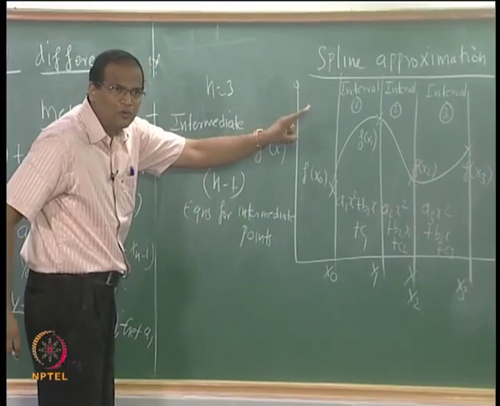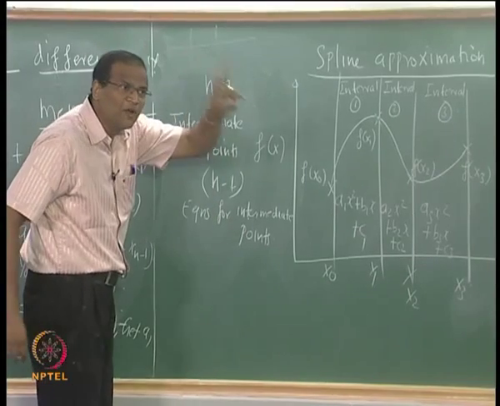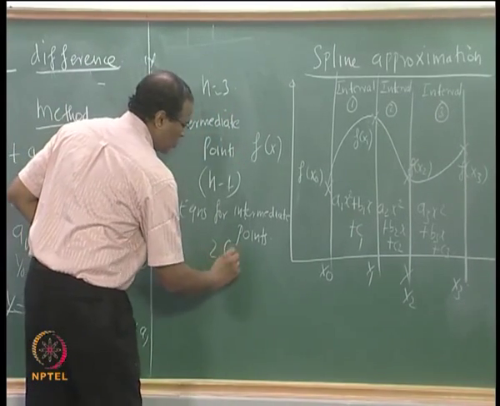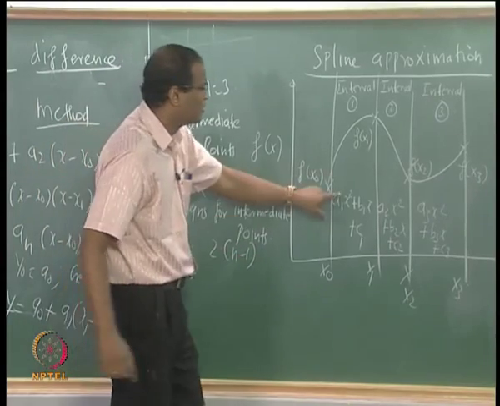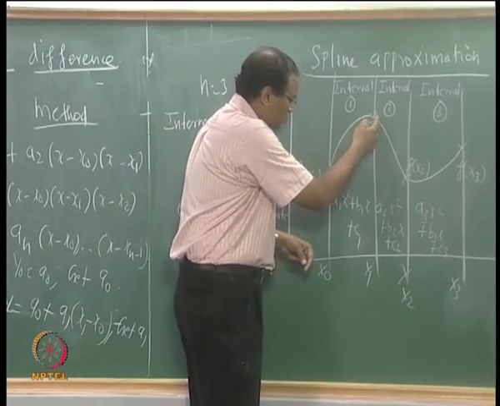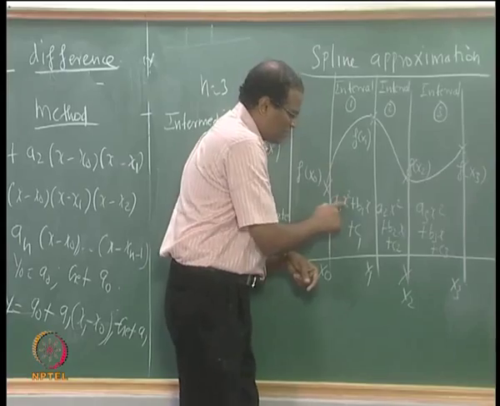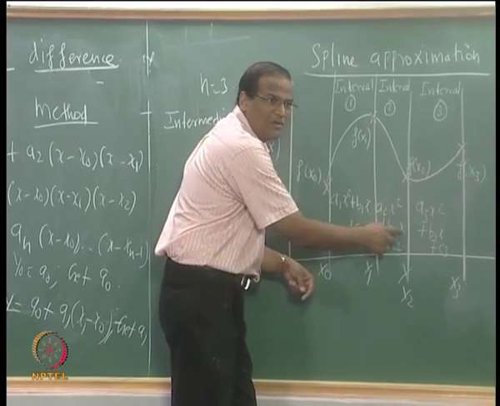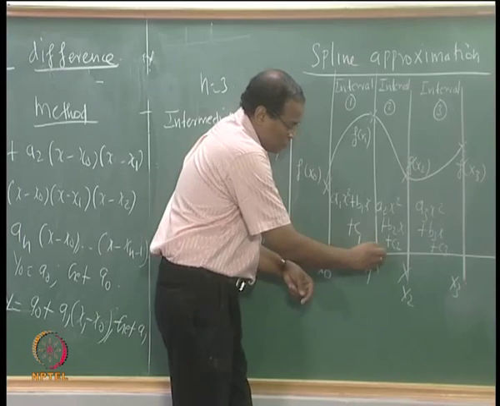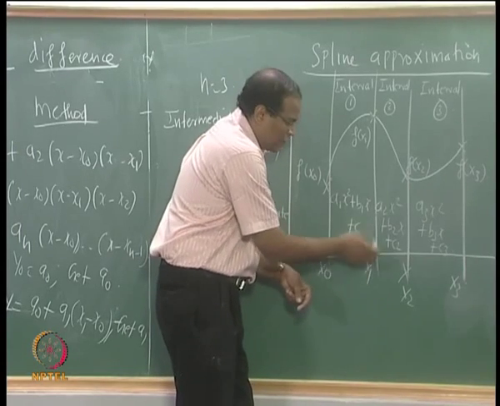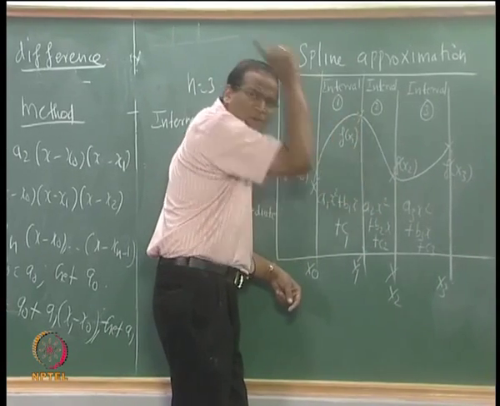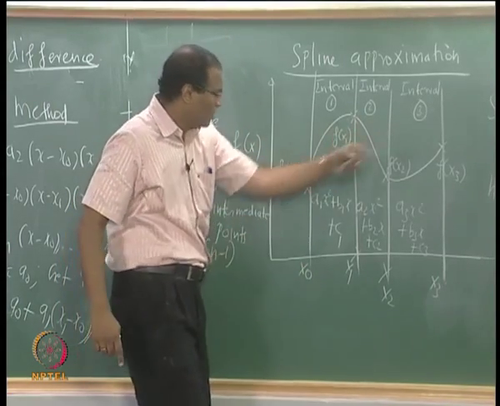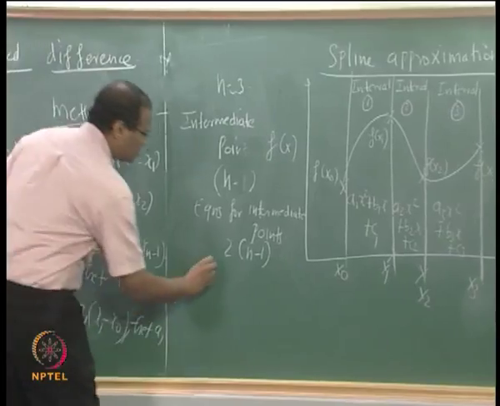Every point we have 2. So for n minus 1 points we have 2 into n minus 1, correct? Why is every point 2? F of x1 should be equal to a1 x1 squared plus b1 x1 plus c1, and it must also be equal to a2 x1 squared plus b2 x1 plus c2. So long as you are applying at x1, whether you use this polynomial or that polynomial, it is only one function. So every intermediate point has 2 equations. So n minus 1 points have 2 into n minus 1 equations. N points,